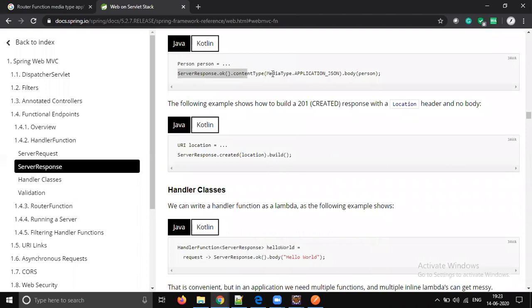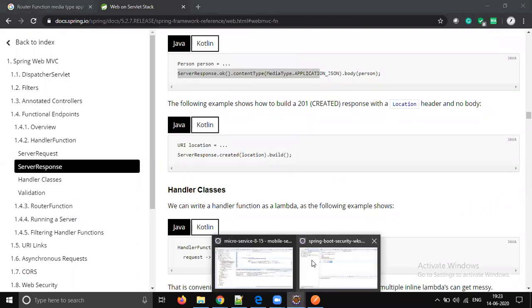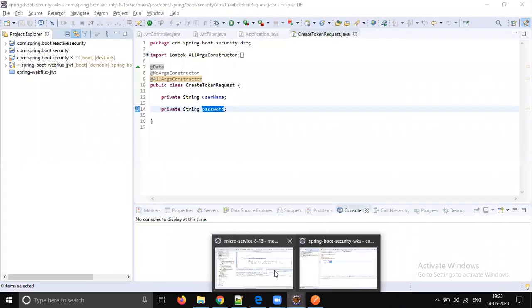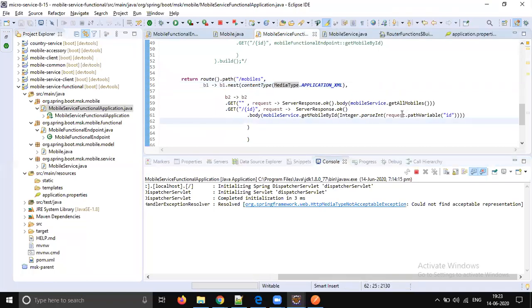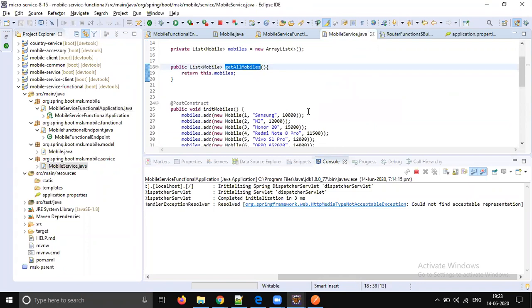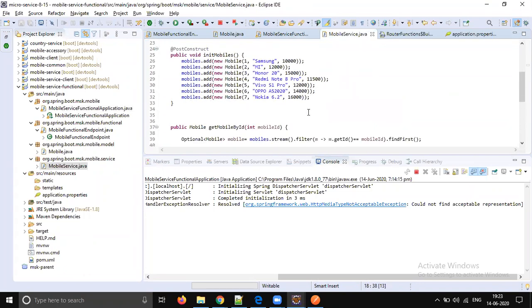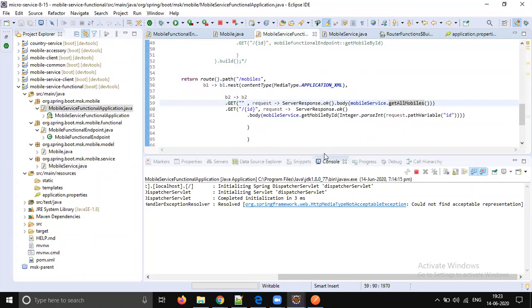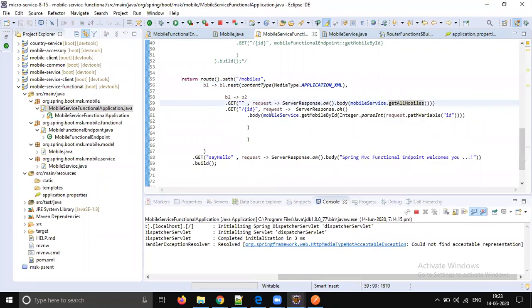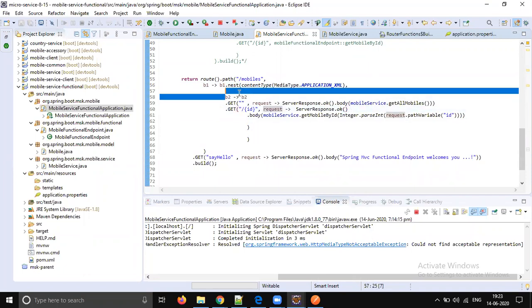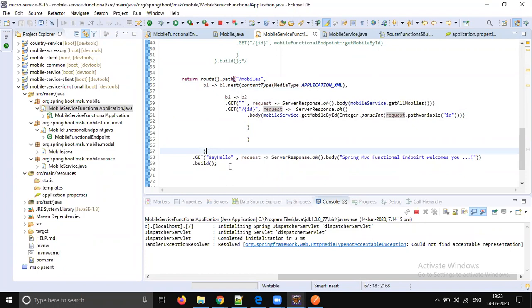So server response content type. While creating the response, are we doing JSON or not? Get all mobiles. Server response dot body. Okay, so request, server response, body, this part. For example, say hello body. This is plain text.